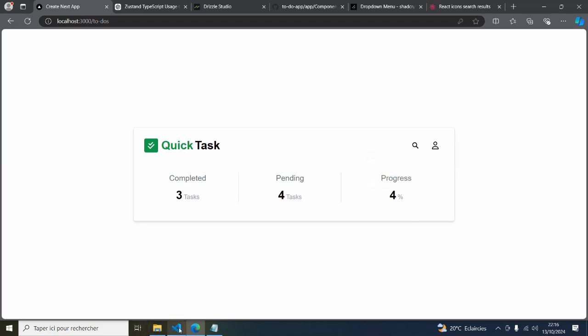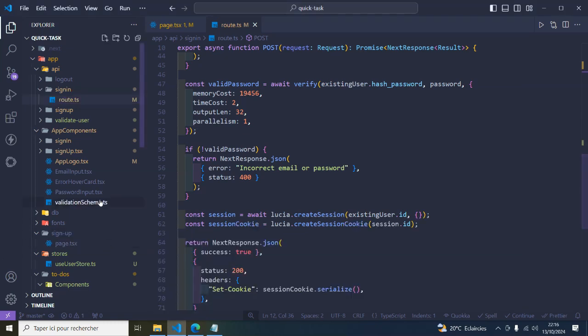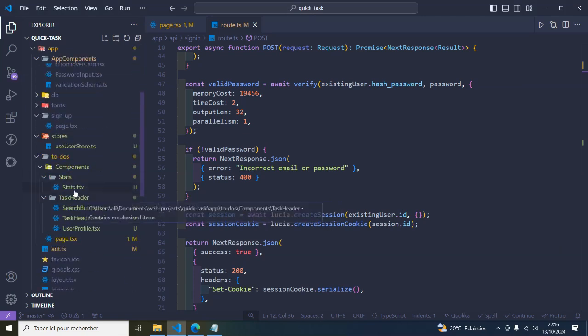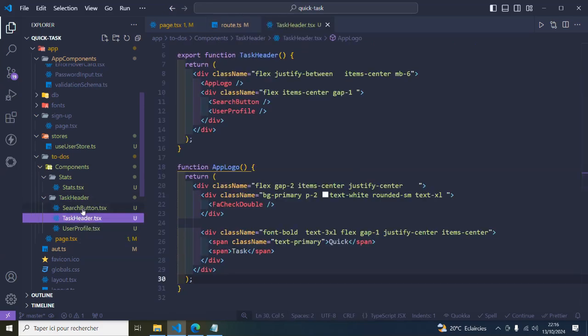So let's go back to the VS Code. I'm going to show you the things that I did step by step. And so we're gonna start from the to-dos. And here, as you can see, I created a new folder called components. So inside of it, we're going to have the stats component and the tasks header, along with the search button